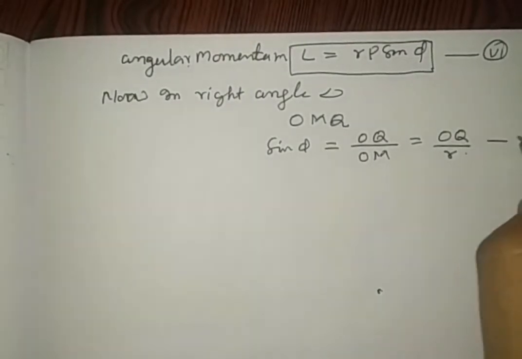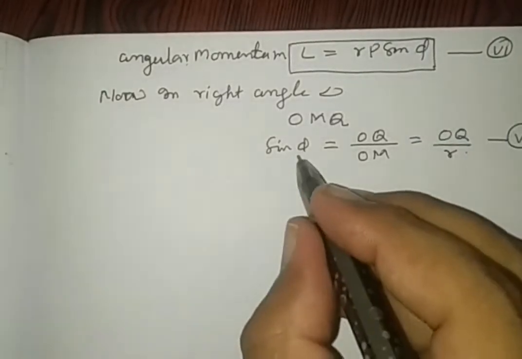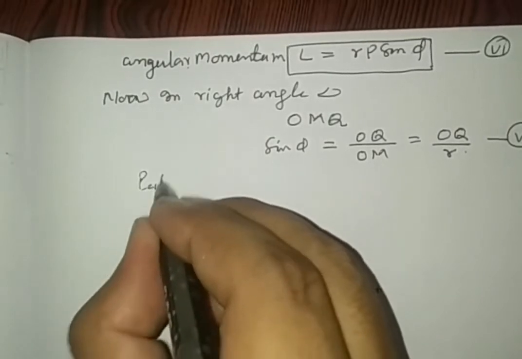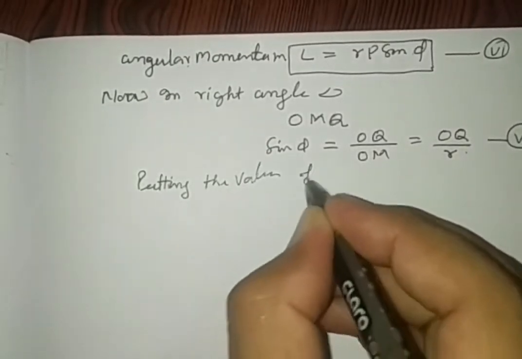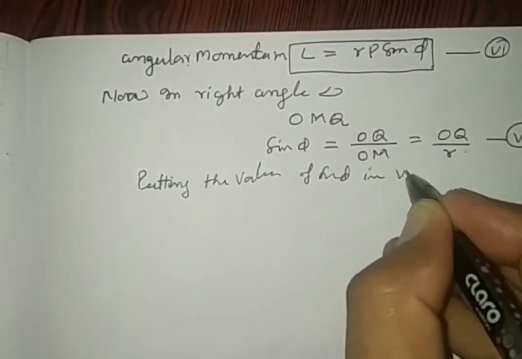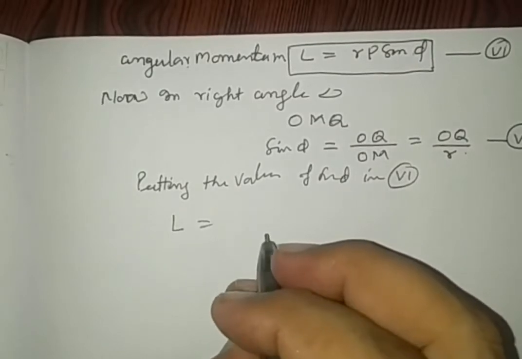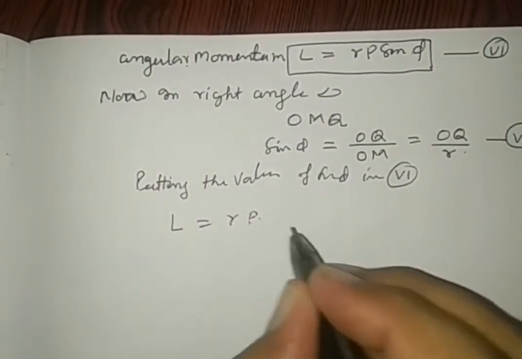This is equation number 7. Now putting this value of sin phi in equation number 6, L is equal to rp